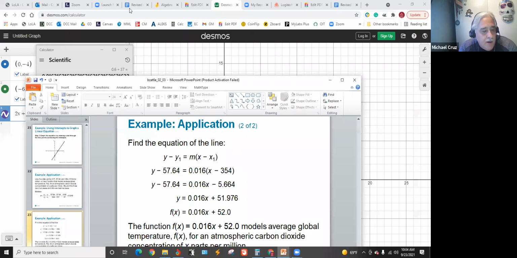This kind of an application, let me find something where they got the data in a reasonable kind of way. Some of these have you take it for graphs, but